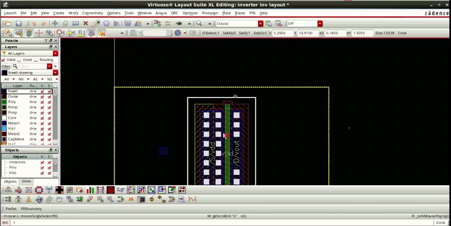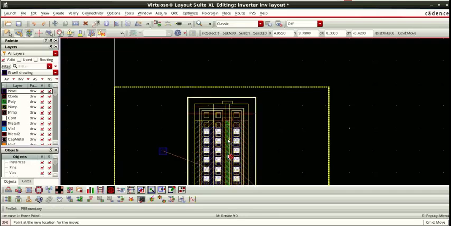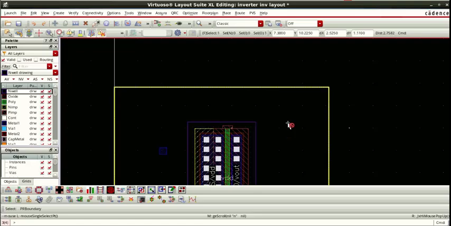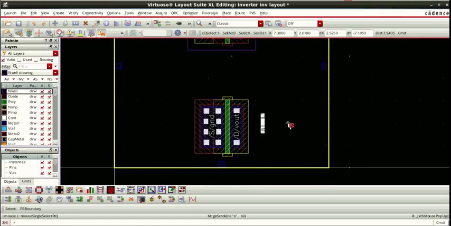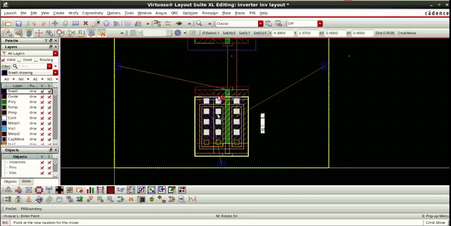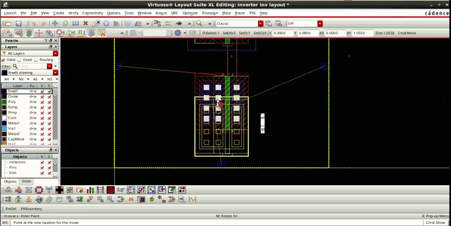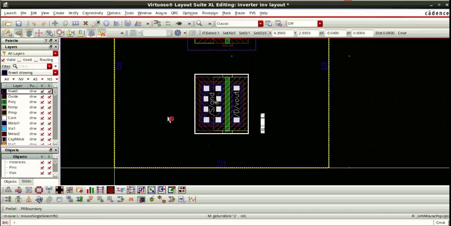Here I will take pin, so I will put little downside. I think this much should be enough. Similarly, I will take this and put little upside. Now this much place should be enough to put the ground pin.